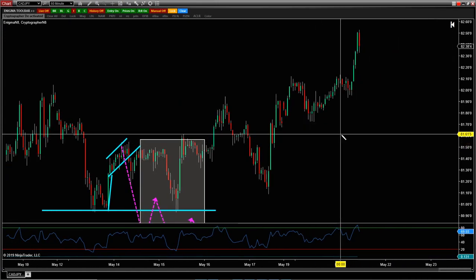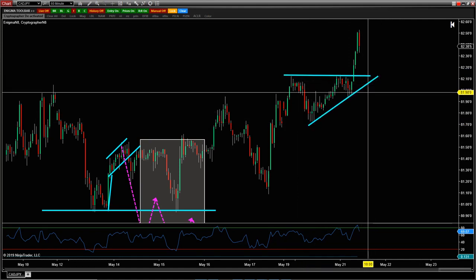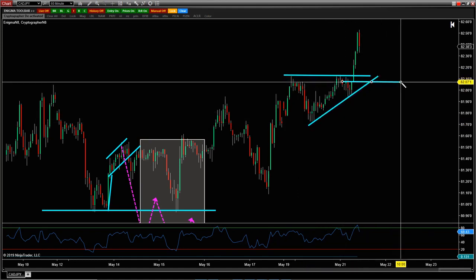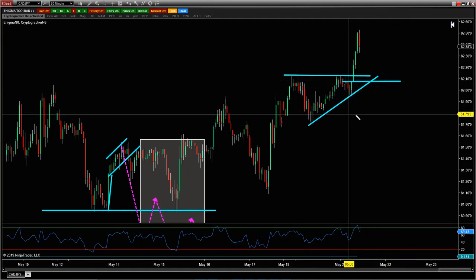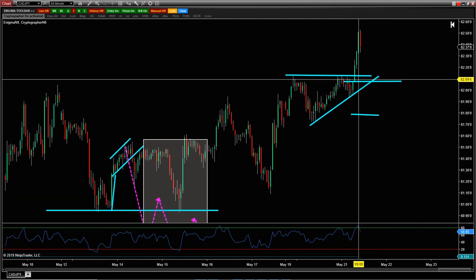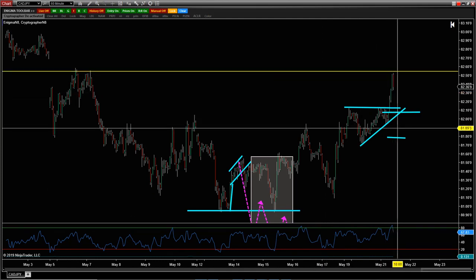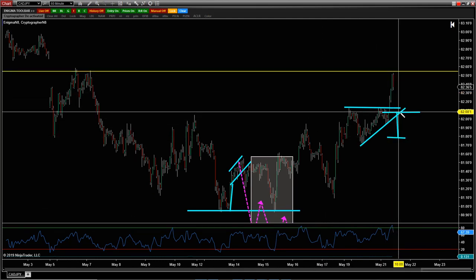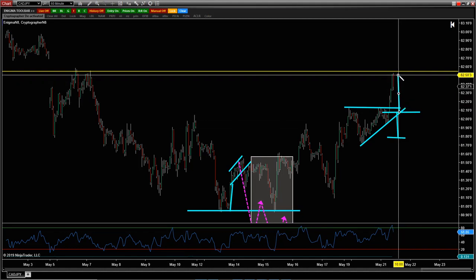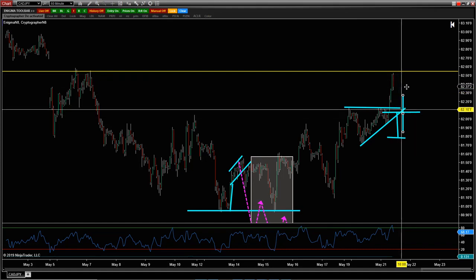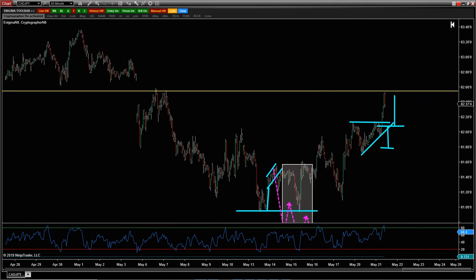Here's another example of it. No pullback or anything like that. So probably wouldn't have been any, if you're looking for a higher high, higher close entry, this would have been your entry right here. Stops below these lows. Might not even be able to get a one-to-one risk reward here, however. Let's see. Would have been close. If you're shooting for the highs here, I would have went for 82.50s. Yeah, I guess so. So anyway, that was the move. It's over. So, all right.